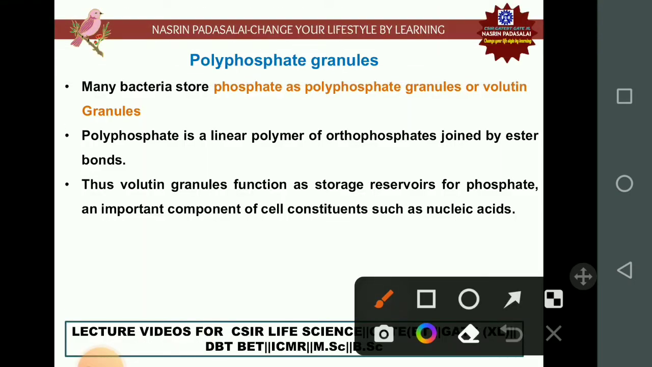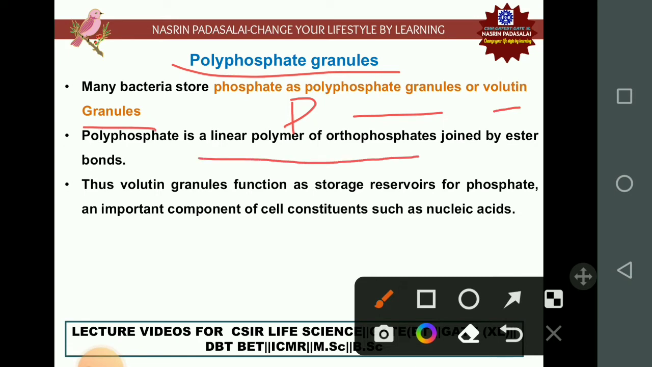Next inclusion body is polyphosphate granules. Many bacteria store their phosphate as a polyphosphate granule, which is also called a volutin granule. Polyphosphate is a linear polymer of orthophosphate joined together by ester bonds, and thus volutin granules, also called polyphosphate granules, function as a storage reservoir